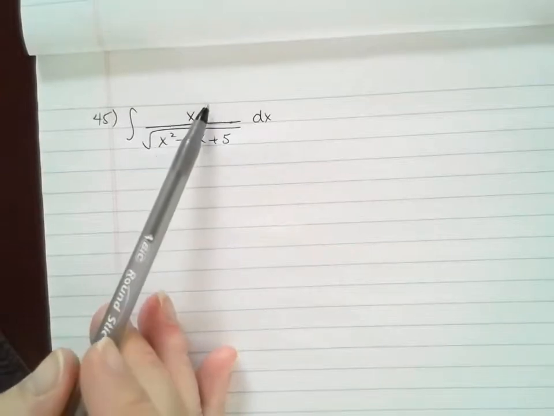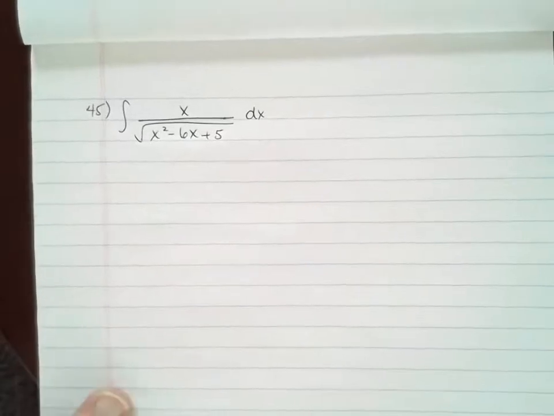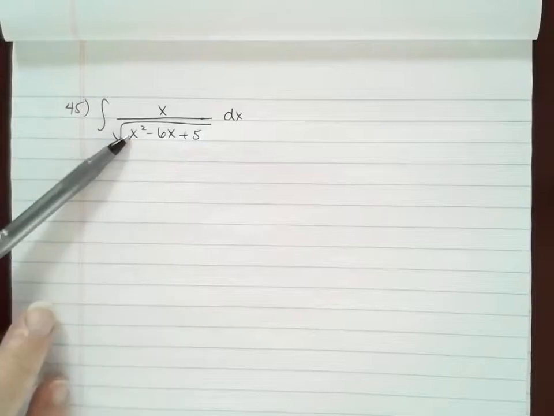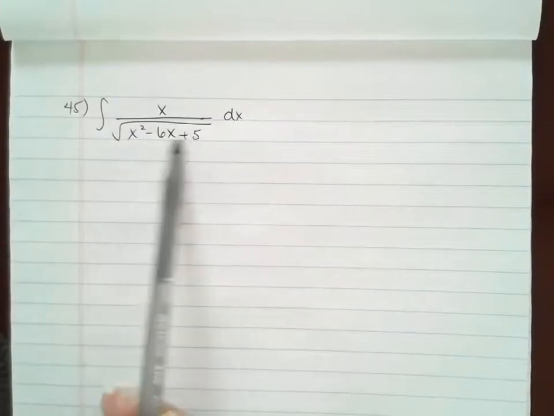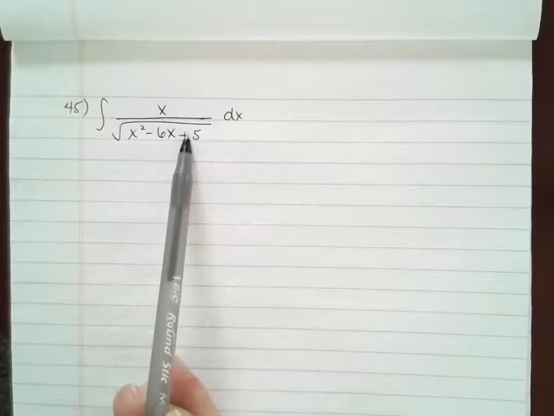I could do a plus 3 minus 3 and balance it all weird up there, but I'm not going to. There's other things I could probably try, but I'm not interested in that. Right now what I'm interested in looking at is the fact that this x is written first, which is usually the case with a secant. However, this doesn't say u squared minus a squared, okay? And I would want it to be a difference of squares. And the only way to do that would be if I had,